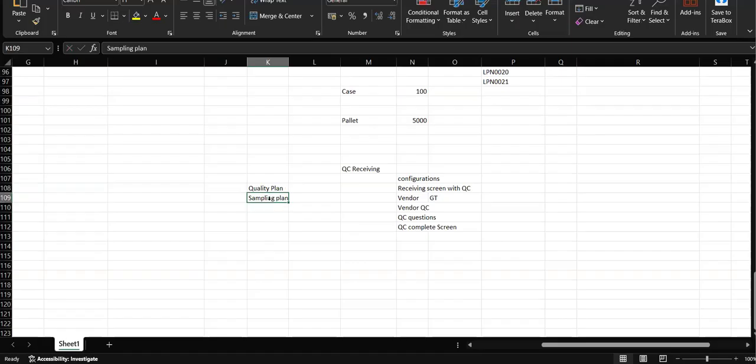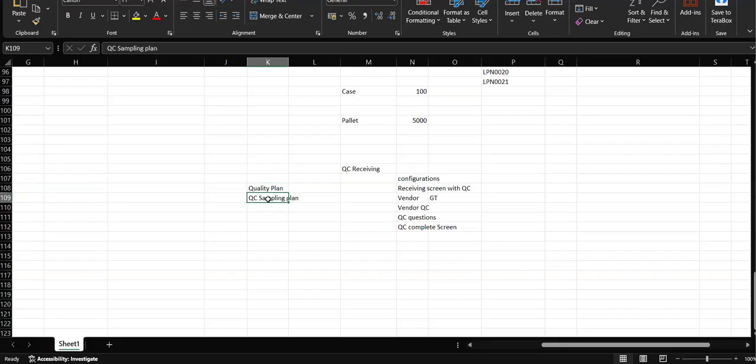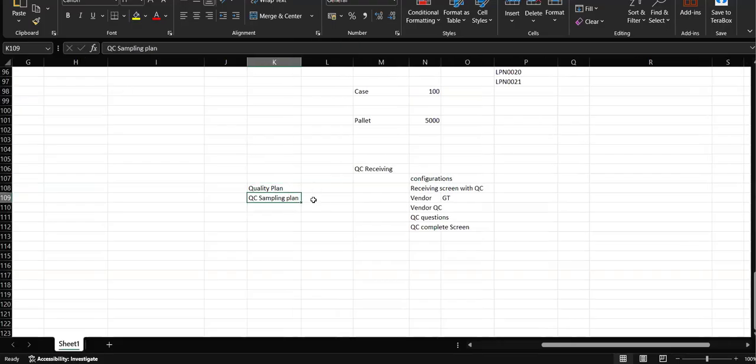Or you can say QC sampling plan. The QC sampling plan will give you the idea how much quantity to check for QC. So let's say you receive 100 quantity. If you receive a 100 quantity batch, out of those 100, how much quantity will you check